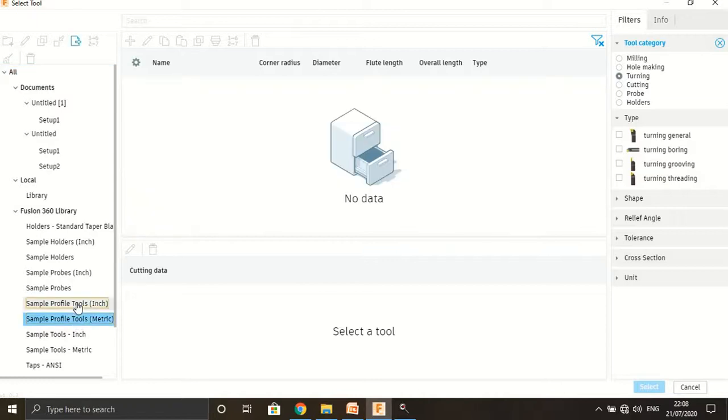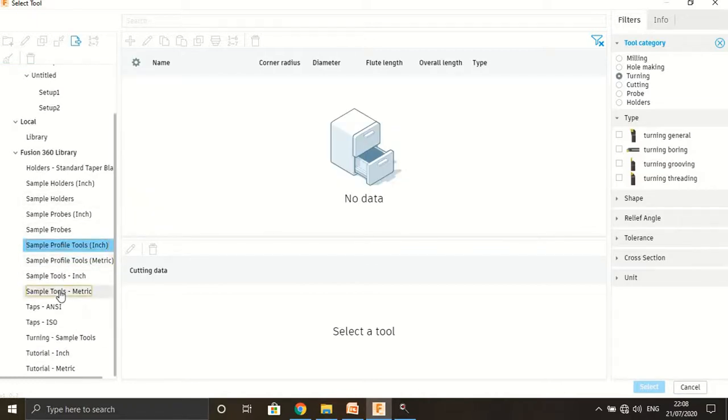Also in the directory we can search for the new tools that are added. So turning general operation, this type selected, then metric or inch.